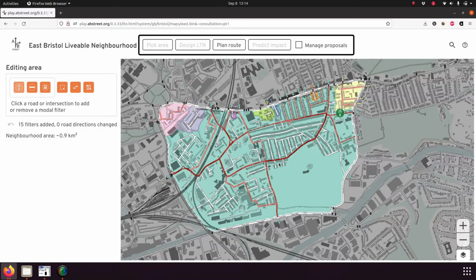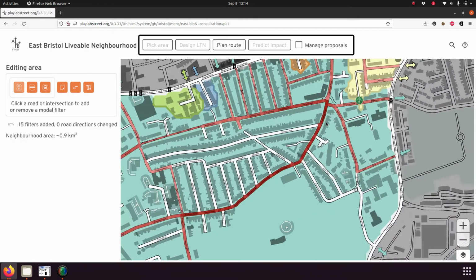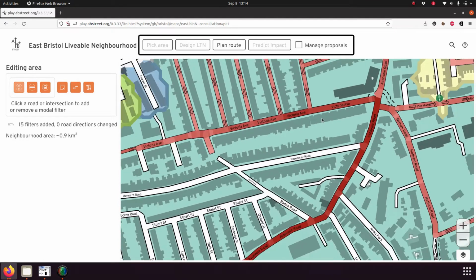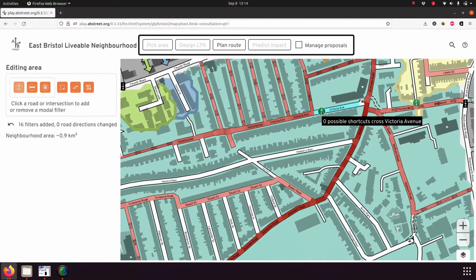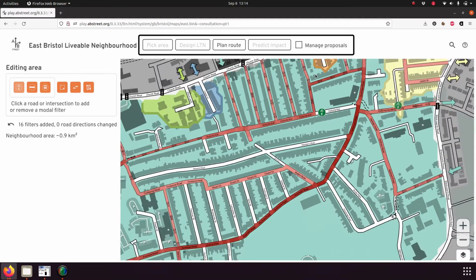Now we're looking at the Barton Hills area of Bristol to demonstrate some other features for placing filters. So let's imagine that we want to reduce the number of shortcuts on Victoria Avenue, and so we put a filter here. You'll notice that this did not create a new cell. So if we take the filter away and click again, you'll notice that in fact Stewart Avenue becomes a little